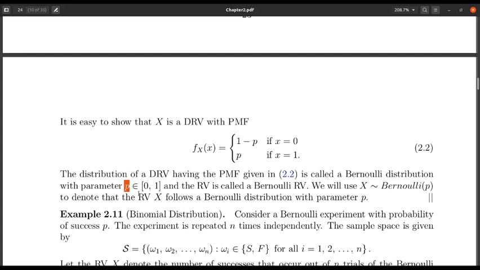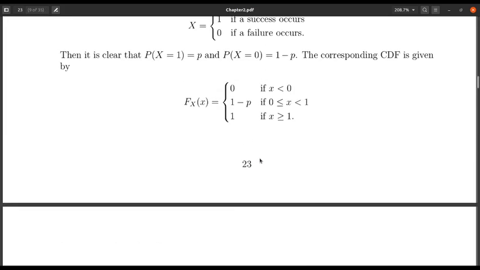This p is called the parameter in this case, and we use the notation that X follows Bernoulli p. This tilde means follows. Writing X follows Bernoulli p basically means that X is a discrete random variable and has this PMF,